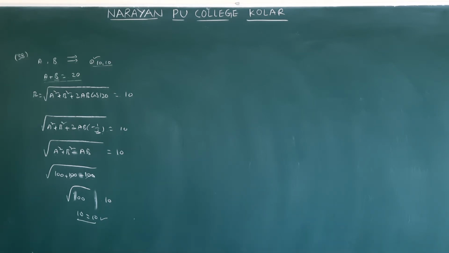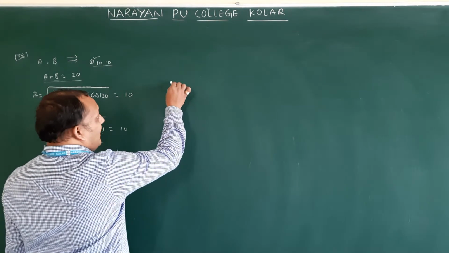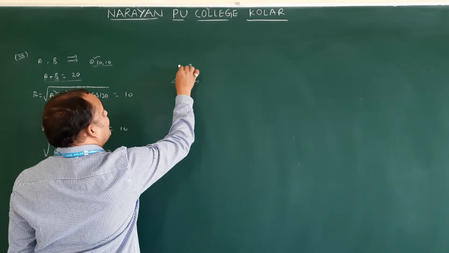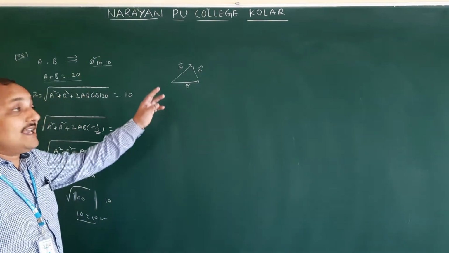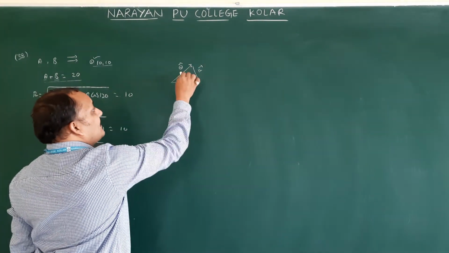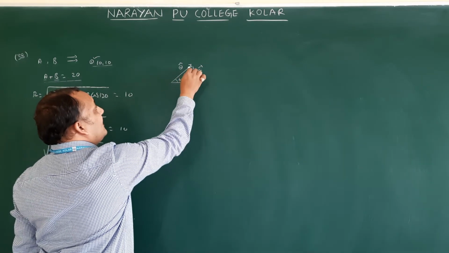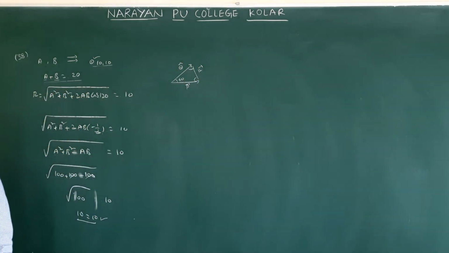Next question number 40. The magnitudes of three vectors P bar, Q bar, R bar are the same. If P bar plus Q bar equals R bar, the angle between P bar and R bar is? Simply, logically, if you observe, this is P bar, this is Q bar, so the resultant will be R bar. Why? Because all are the same: P, Q, R. In the triangle, if all sides are the same, the angle between P and Q will be an equilateral triangle, that is nothing but 60 degrees. Okay. Next, option 1 is correct. Very important model this one.